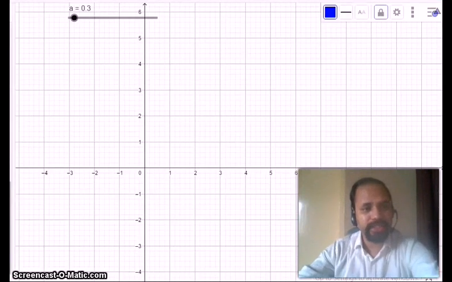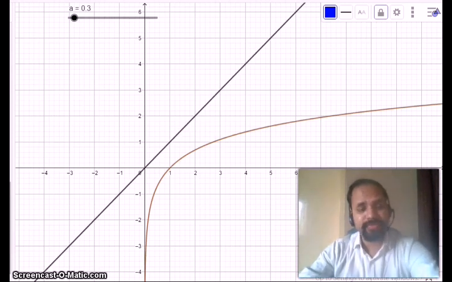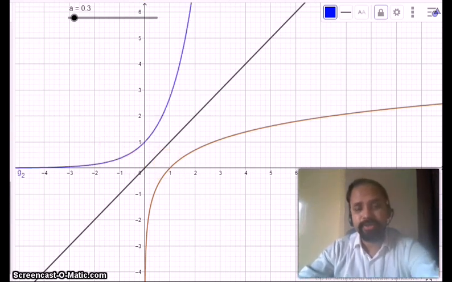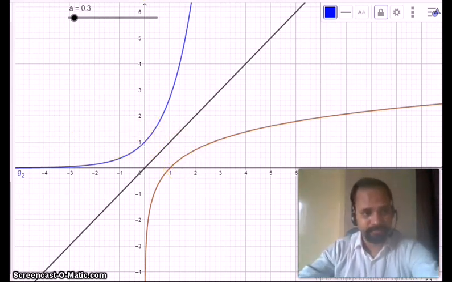If we want to draw the inverse of log x, simple, remember one thing: simply draw the graph of y equals f(x), and y equals x. Okay, and then consider y equals x as a plane mirror and draw the image of this function, that is log x, and we know the inverse of log x is the exponential function e to power x. Okay, you see, this is the graph of log x, and simply the image of log x will be e to the power x. This is the graph of e to power x, that means the inverse of this function.